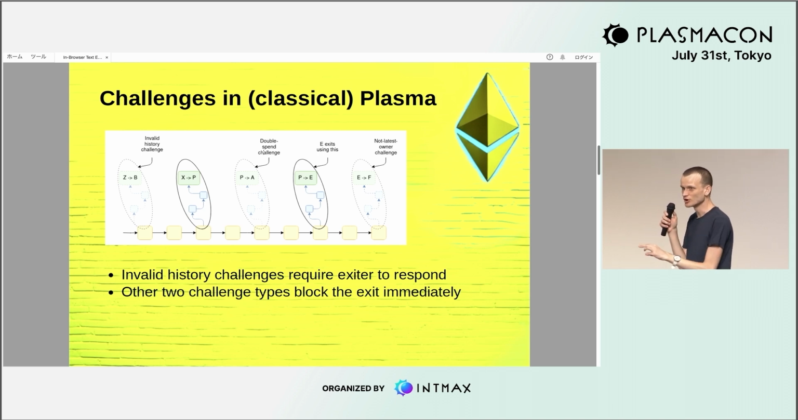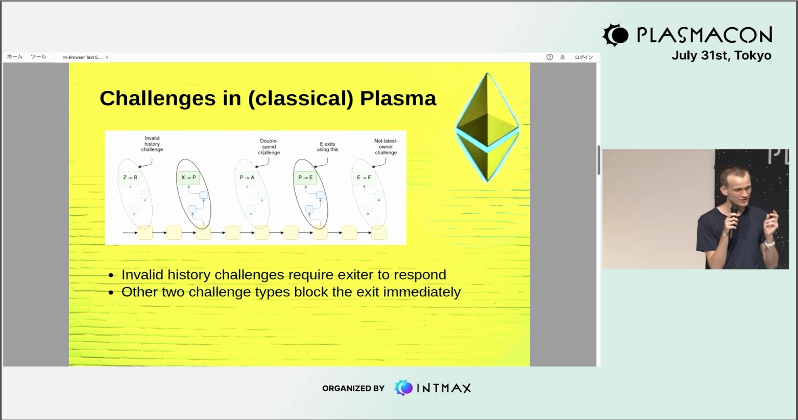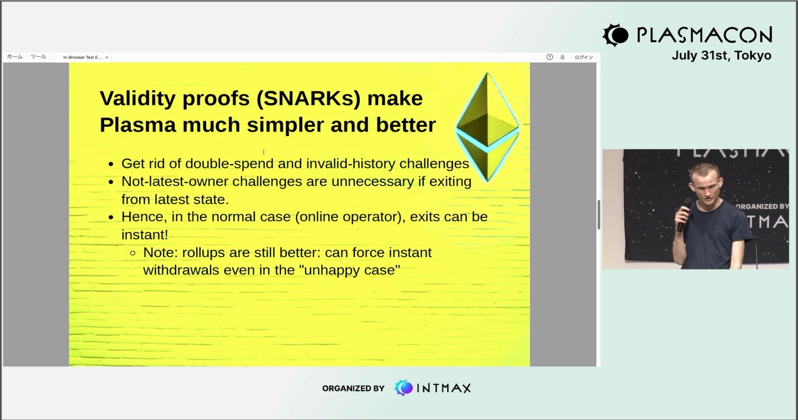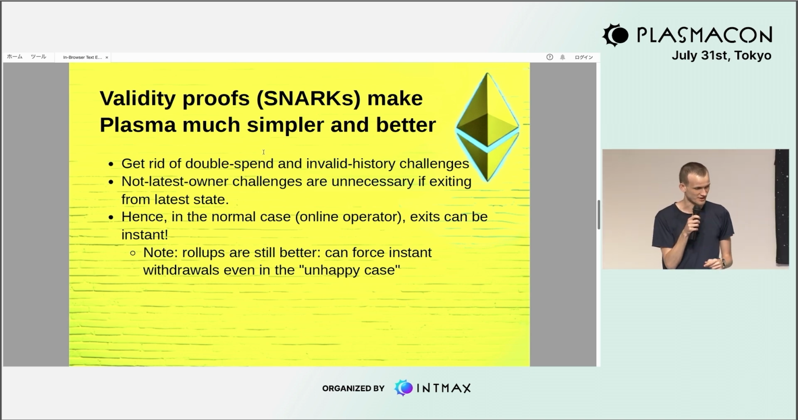Because you go from 3 proofs down to 1, and the invalid history challenge mechanism is actually twice as complicated. So complexity goes down a lot if you use zk-SNARKs, and you also get some really interesting properties, right? Basically,